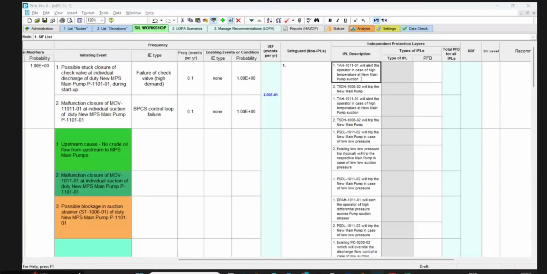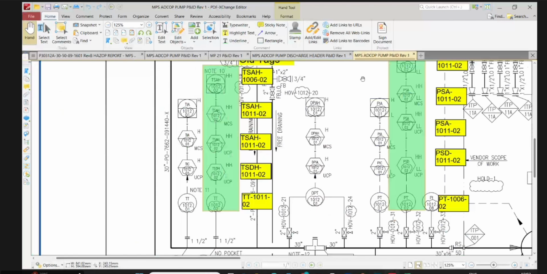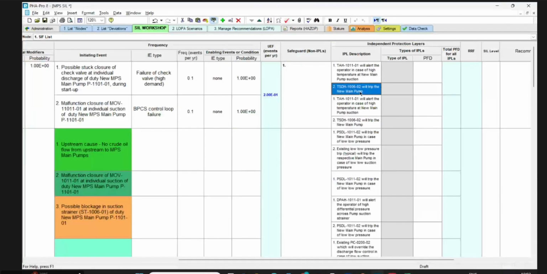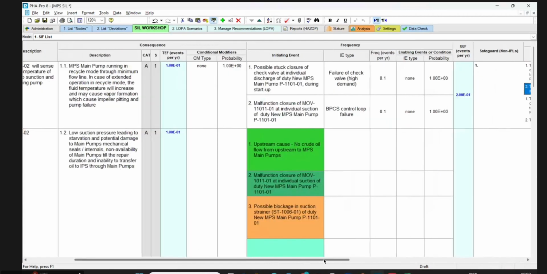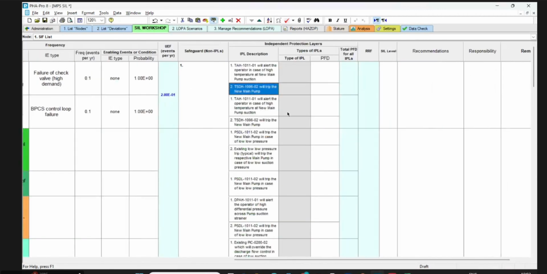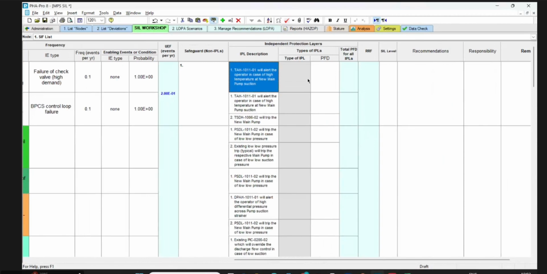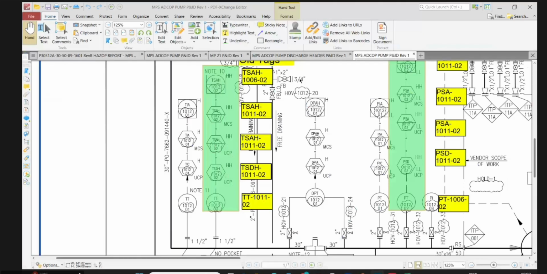So this is independent. Why I'm saying I will take the credit: the moment the TAH comes, the operator will take corrective action, and this is an independent protection layer. So I will take a credit. TSDH, the same TSDH we are reviewing. How do we know that sufficient time is available for operator action? So now, who is the, Azaldin? Yeah. Now you can